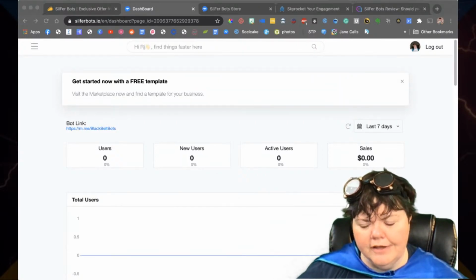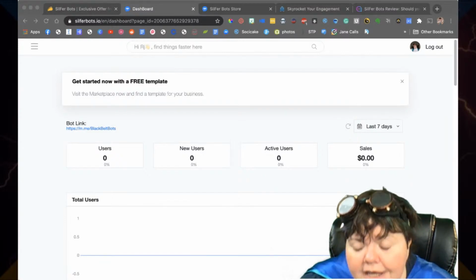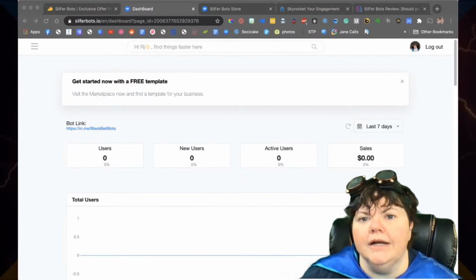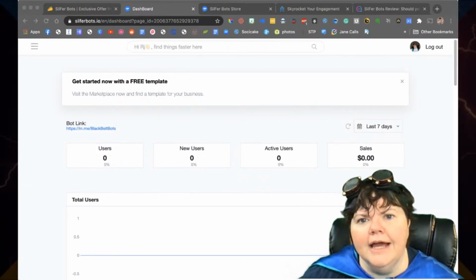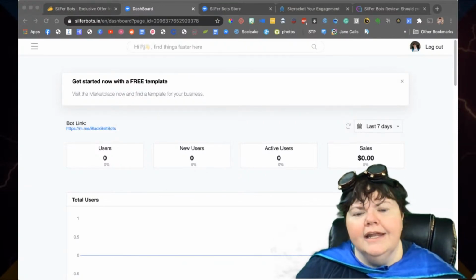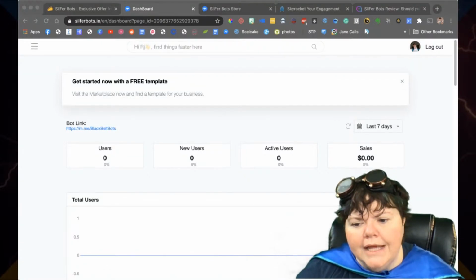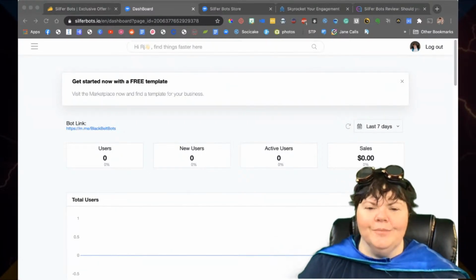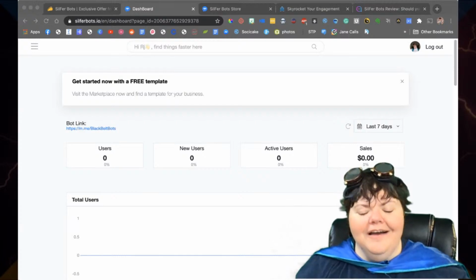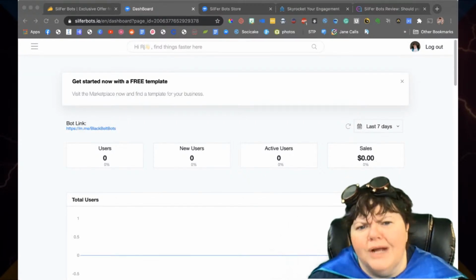ManyChat's sign-up process has improved. It used to put a bot on your site without your knowledge and start running it. I have had people call me up and say, I started with ManyChat, why is it that I didn't publish anything, but there's something running out there? They used to do that. They don't do that anymore. Woohoo! But the sign-up process with ManyChat is still a little